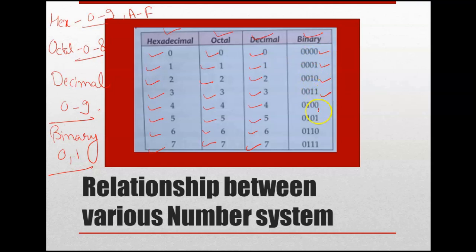As of now, you just have to make yourself comfortable with the binary number system being something in which you can use only 0 and 1. There is no other digit for representation of the number 7 or 6. You can see for 7 also the place value for 0 and 1 is changing, which is actually representing a different pattern, and that pattern will give 7. This is the pattern for number 6 in binary. This is the pattern for number 5 in binary, 4, 3, 2, 1 and 0. So this is the relationship between the various number systems. So this is from 0 to 7.